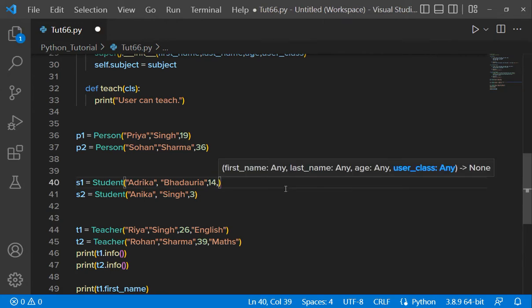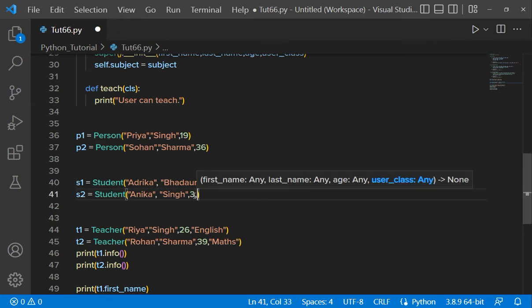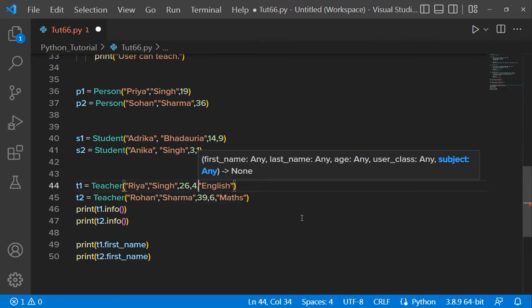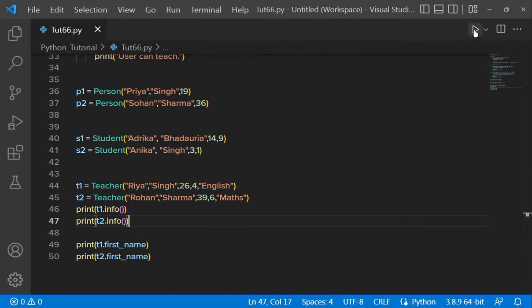So here let's give any class here. Now here there was subject, and here we will write the class. Suppose she is a class teacher of 4th class and he is a class teacher of 6th class, right? Yeah. Now if I run my program,